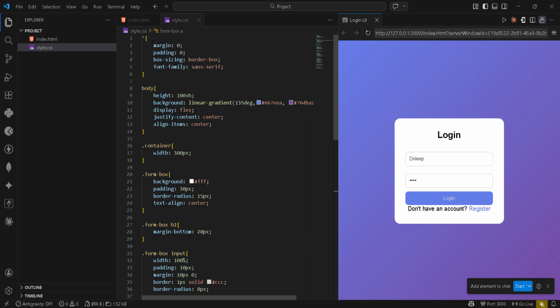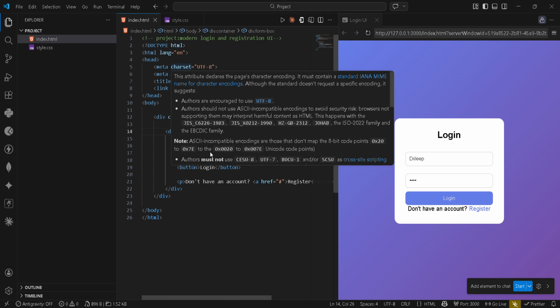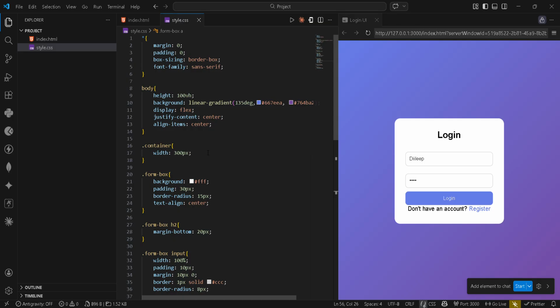We style the whole page using a CSS gradient background to make it look modern and attractive. So this is the whole part of this. If you want to make it more interactive, we add a hover effect on the button so the user can feel it responsive while clicking. And as you can see, with just HTML and CSS, we can create a clean and modern UI